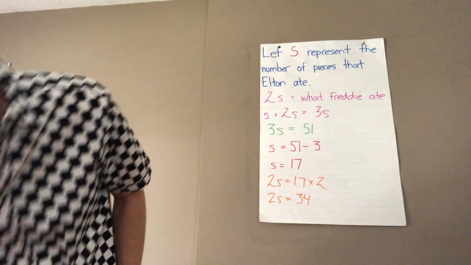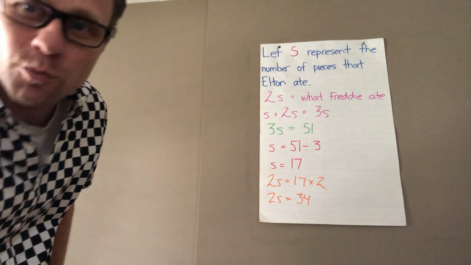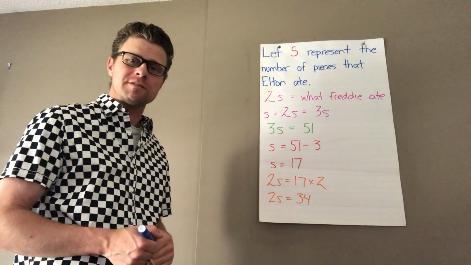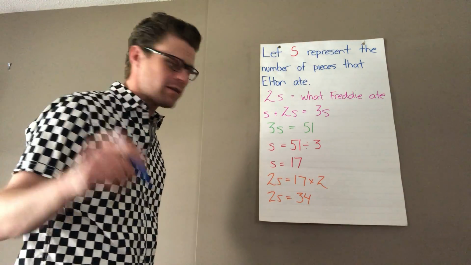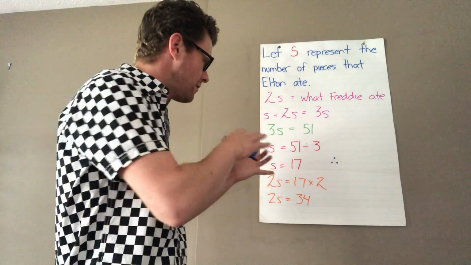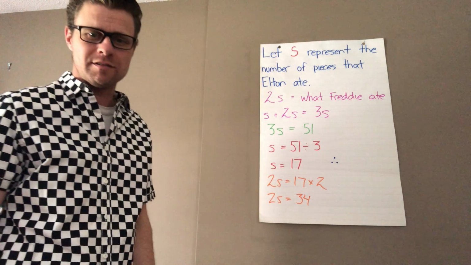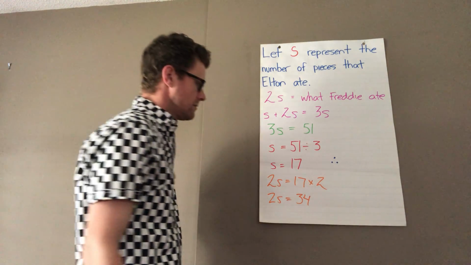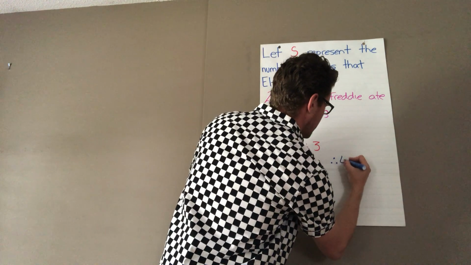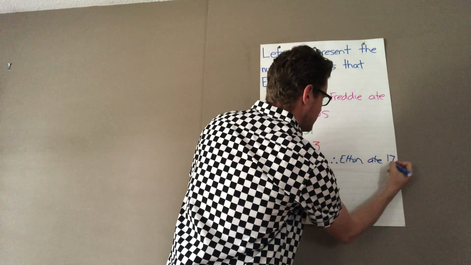You got it. The last part, since it's a word problem, we need a therefore statement. We're going to use our little 3 dots, because that symbol means therefore. And we're going to just write a sentence explaining our answer. Therefore, Elton ate 17